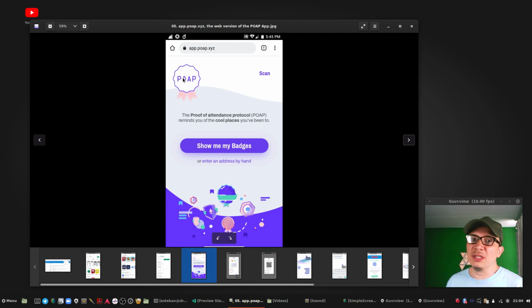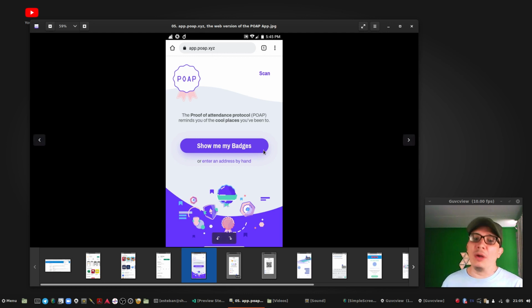Okay, once in the PoApp application, this is the first alternative. It's the PoApp application through the browser, in this case through the mobile browser. Just as an example, the address or URL is app.poap.xyz.